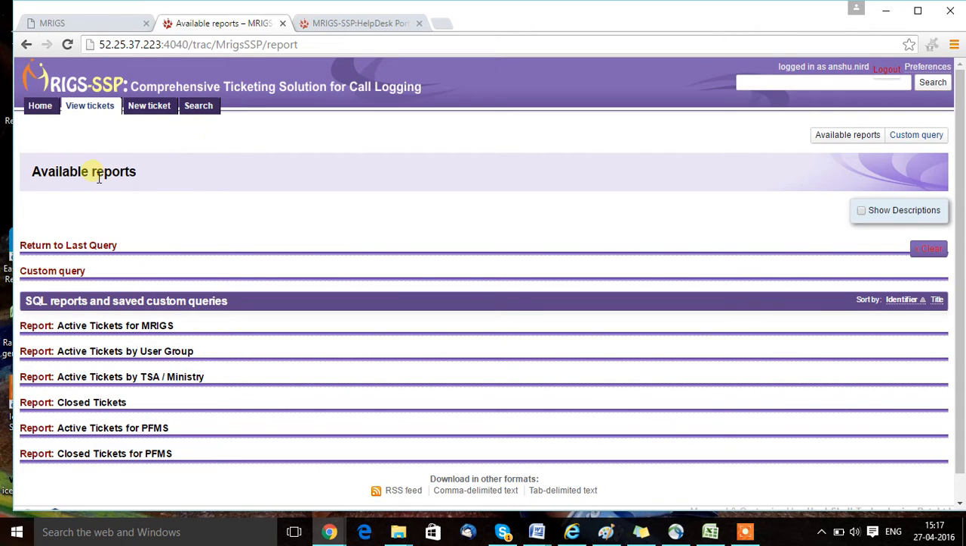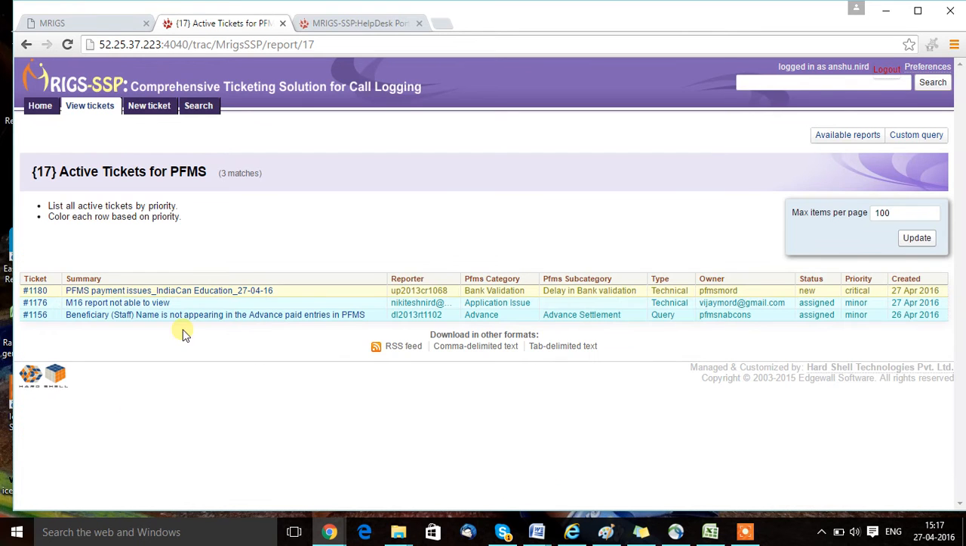When you click view tickets, you see available reports. Over here, the reports are available in various formats. If you want to see active tickets for PFMS, click on active tickets for PFMS. Over here, you can see the summary. Summary is basically the